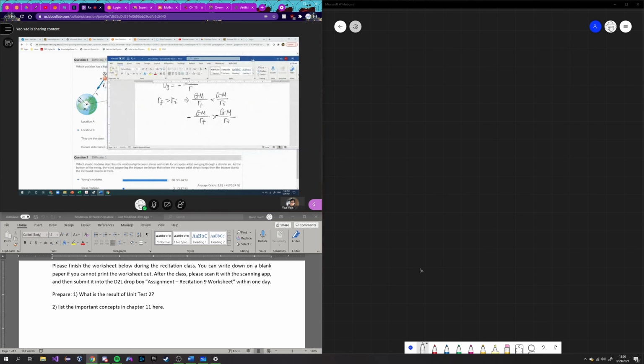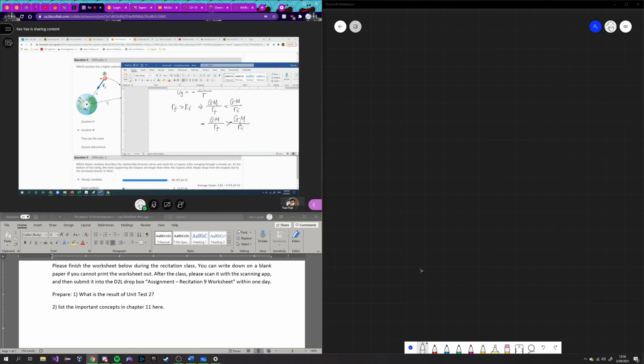However, if you include a negative sign in your final answer, the negative sign will change the comparison result, and then location B will get a higher potential energy. That's the reason. However, it will make some students feel confused because in the past, we often ignored the negative sign when we compared two quantities. The reason is that in the past, we compared quantities which are vector quantities. For example,